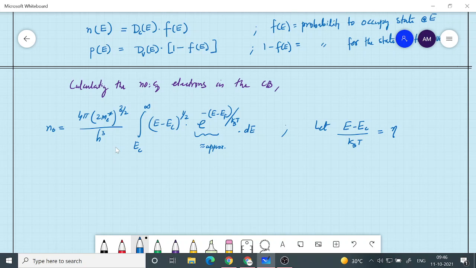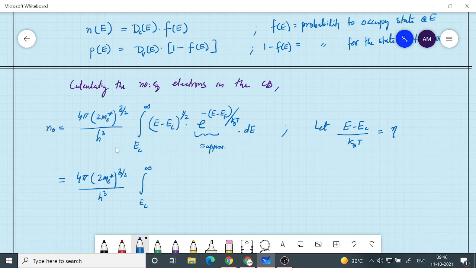Okay, so we call E minus EC. EC is nowhere here inside the exponential, but we need to bring that in terms of that. So how can we bring E minus EC here? We can just introduce, add and subtract EC. So this is equal to 4 pi into (2 me star) raised to 3 by 2 by h cube, integral